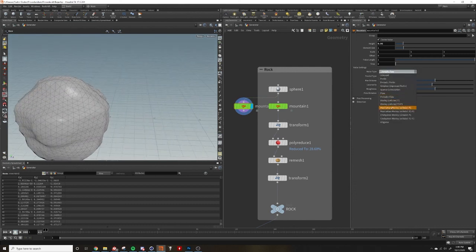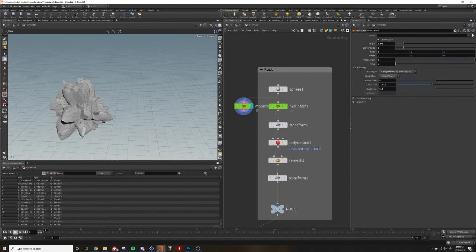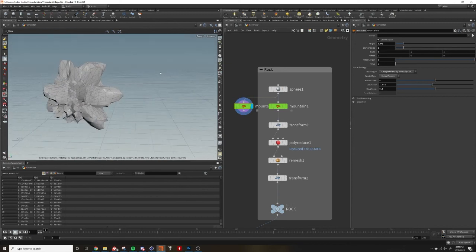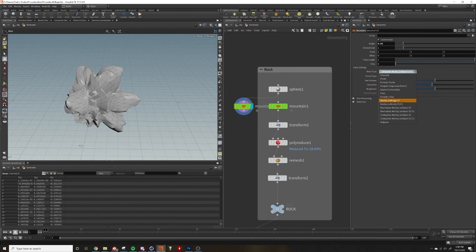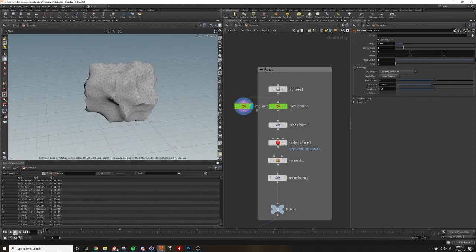I think there was one that was really weird. But yeah, like this one, this could be more of a crystal rock or something like that, but that's really just not what I'm going for. So I really just wanted to stay with the same noise. But now I need to figure out a way to change this rock into 100 different versions